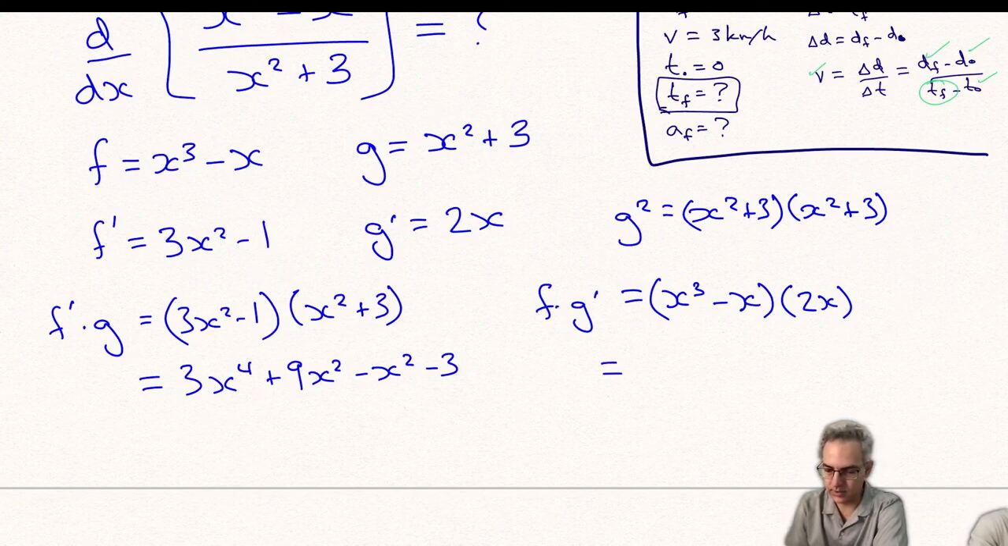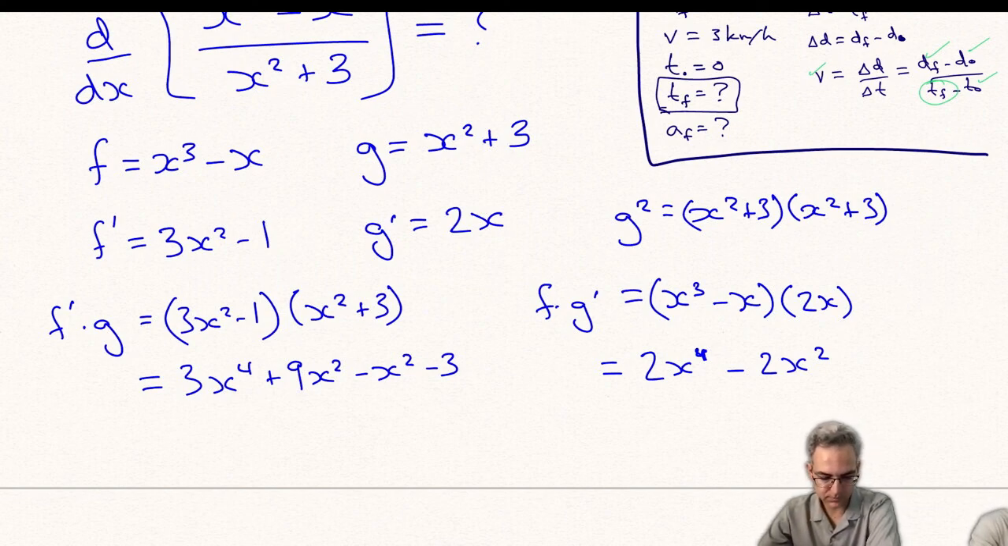And this one is easier. X cubed times 2x is 2x to the fourth. Minus x times 2x is minus 2x squared. So